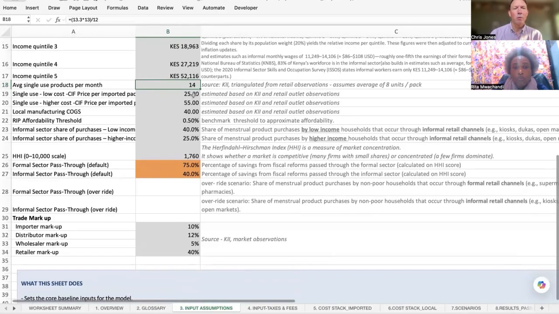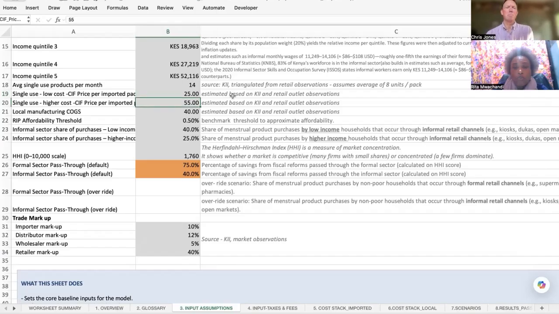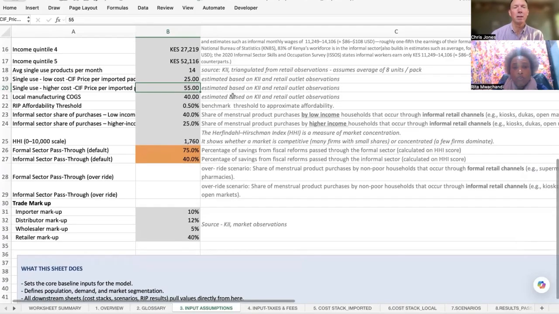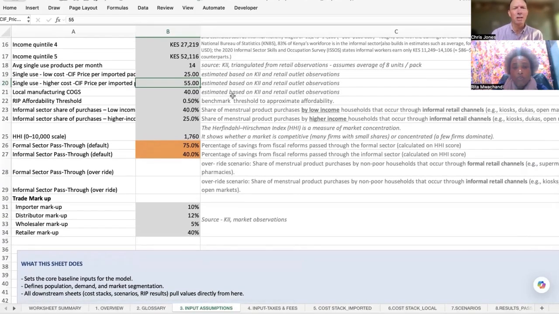We have estimated imported costs. CIF is the imported cost per single-use unit, we estimated that at 25 shillings, and that was based on key informant interviews, market data, market observations. But we also looked at higher cost products as well, again, to provide some range of affordability measures across users, and also to try and understand how any shifts in policy might play out differently for higher cost products